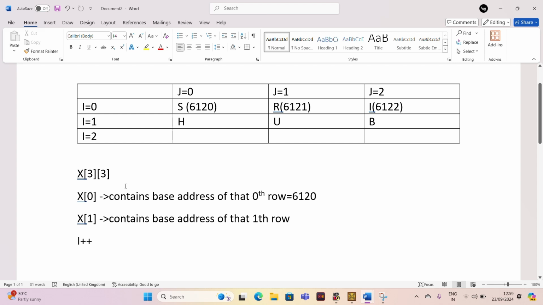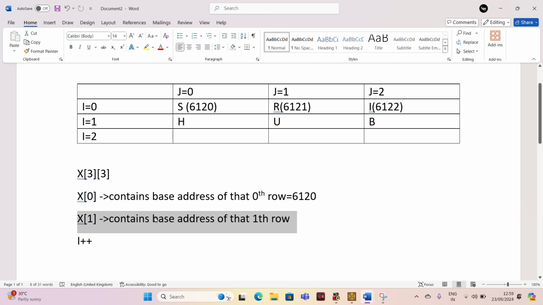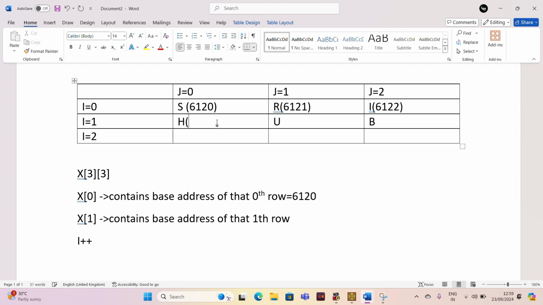Now x of 0 completed. Now x of 1 comes into play. Whenever I do i plus plus, x of 1, now x of 1, 0 became 1. Now this x of 1 contains the base address of this row. Now assume that the address of this block is 7120. Now x of 1 will be